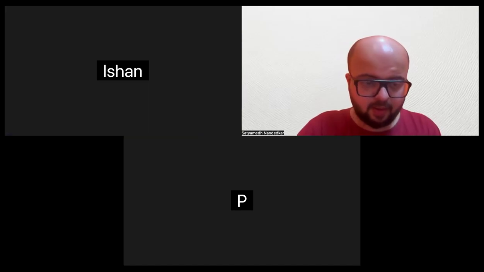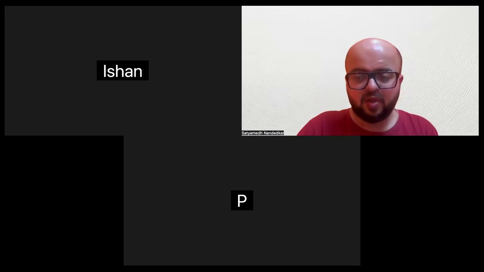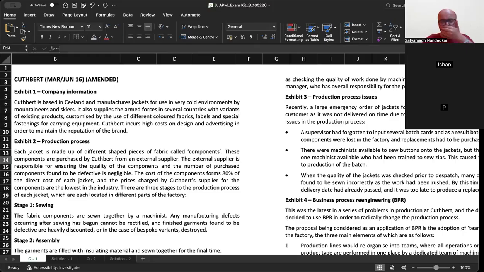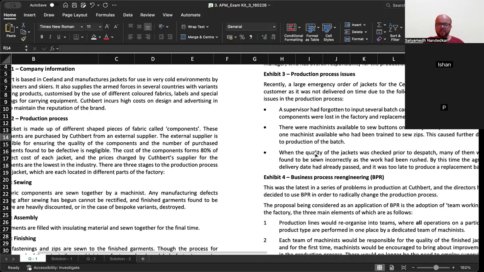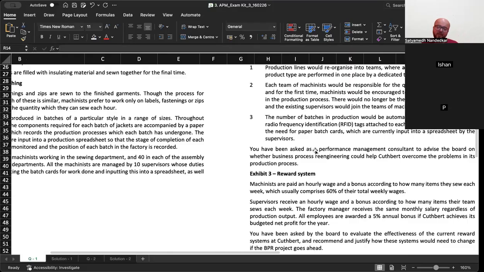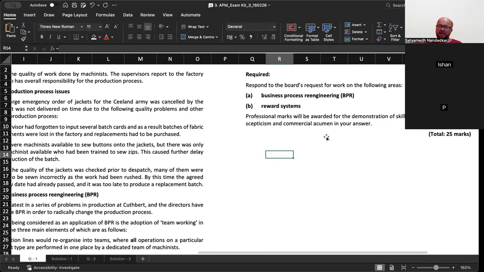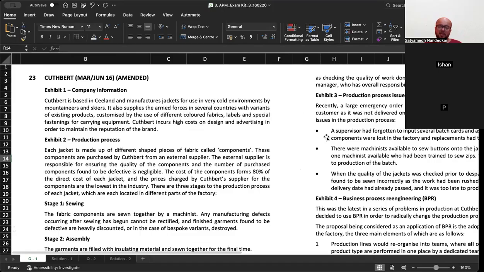Two questions for today. The first one is Cuthbert. Have a look. Now, we know that in APM, reading the requirement part directly makes no sense because the requirement is never here. Requirement is always in the